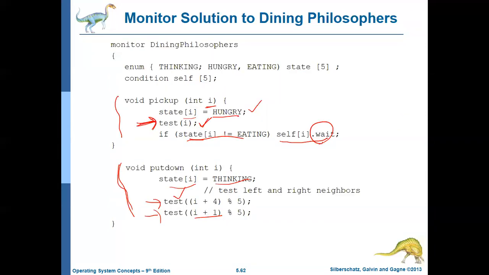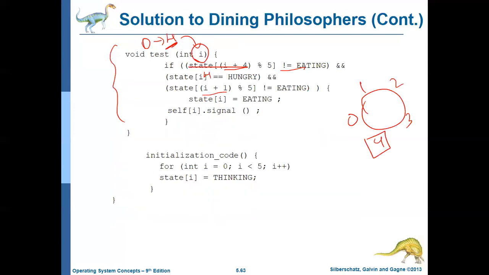Why are we doing this? Because when philosopher 0 is putting down the chopstick, he has to help others to get the chopstick also, right? So he is issuing something to the next nearest persons. Who are the nearest persons to 0? It is 1 and 4. So currently we are putting a test function on 4. When I'm putting a test function on 4, I check the person nearest to 4. Who is nearest to 4? 0 as well as 3.